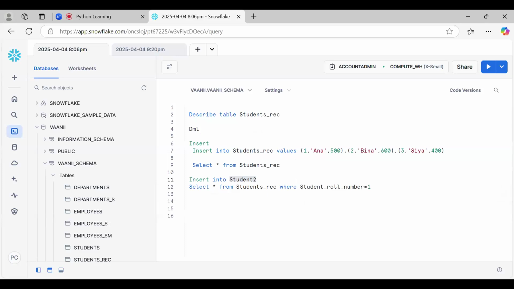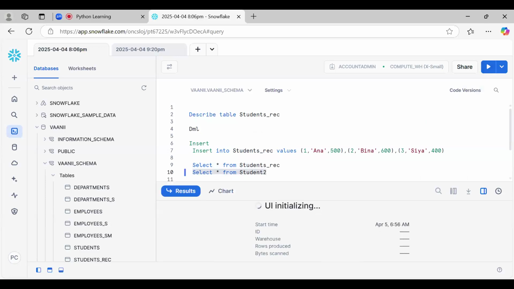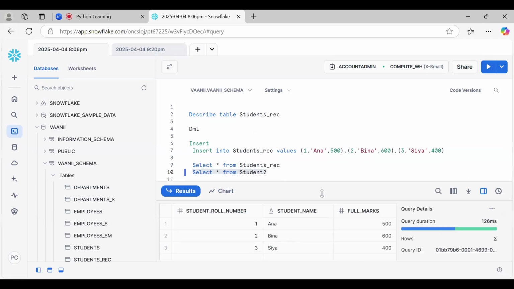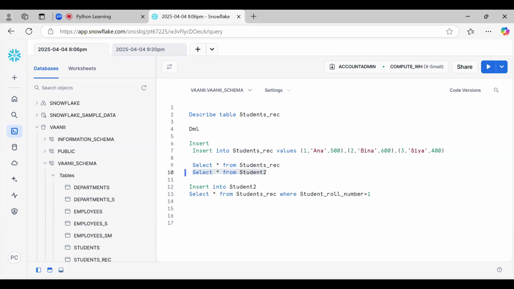In students record we already had data. Now we can check in student 2. Here we have inserted data from students record, and we can see the same records are there. So in insert we have learned to do it from another table also.